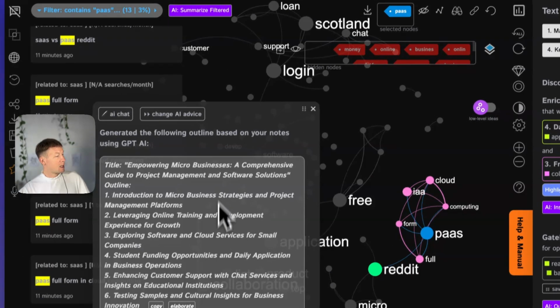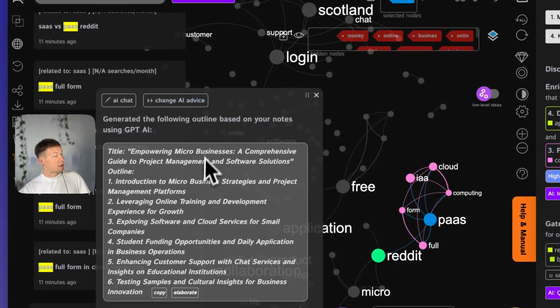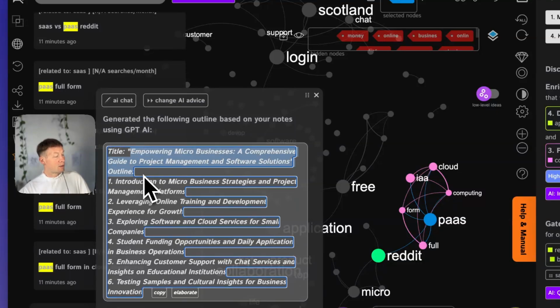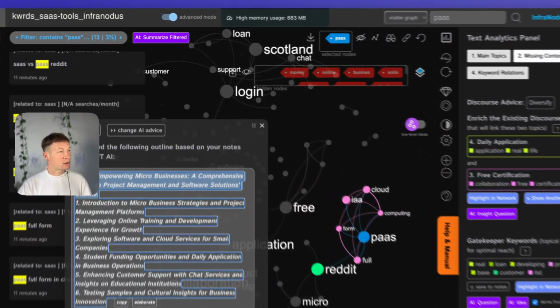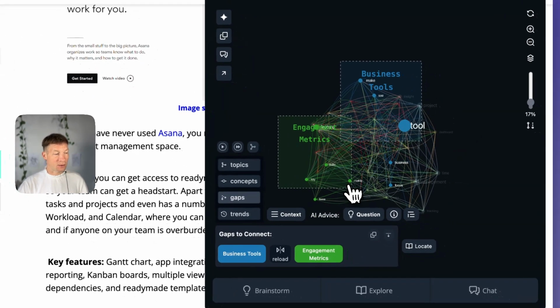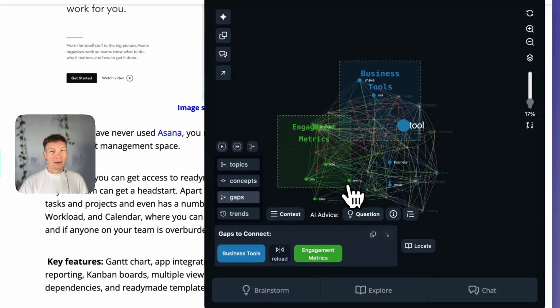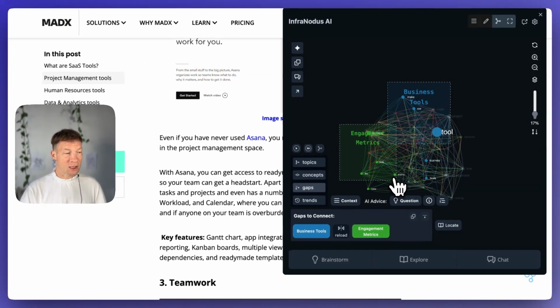using the built-in AI, and it generates an outline of an article for me with a title, which I can then plug into some other tool, like an SEO article writer tool, for instance, that would generate a whole article for me. And that would be the beginning of me attracting this audience, but with content that is highly relevant, because I'm basing this both on what they're searching for and also on what other people are missing. So that is the key thing that you can take out from this demonstration,